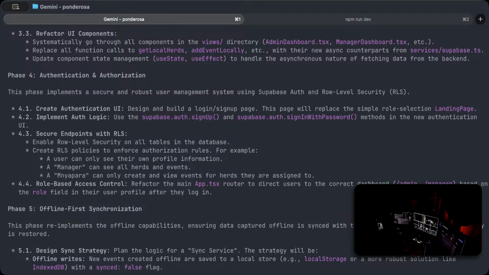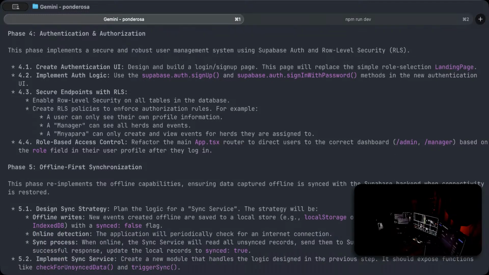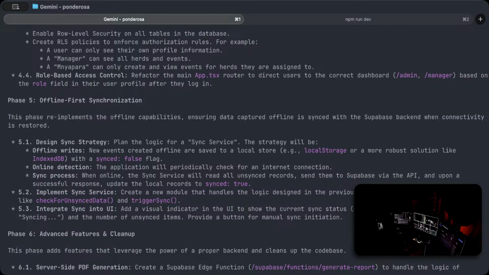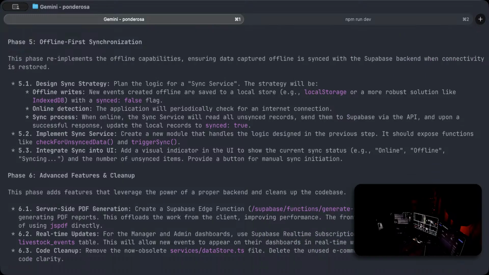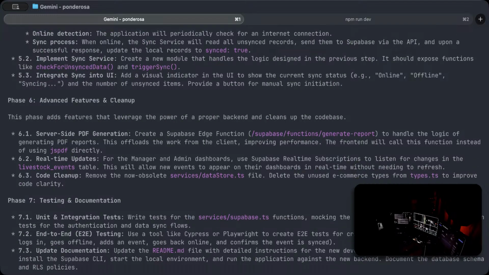This phase implements a secure and robust user management system using Superbase Auth and row-level security, RLS. Create authentication. All right, boom. We're good. Sync strategy. Phase 6, advanced features, which are